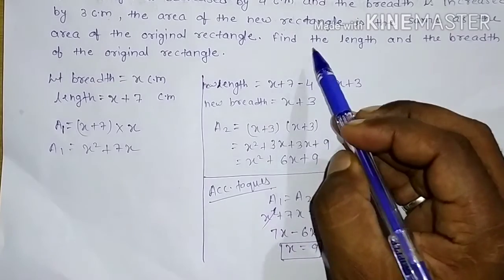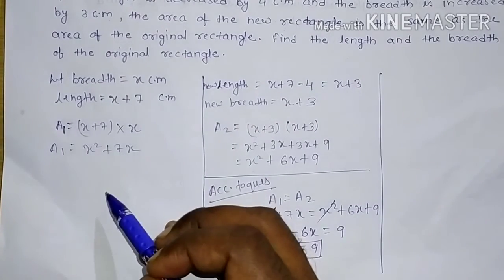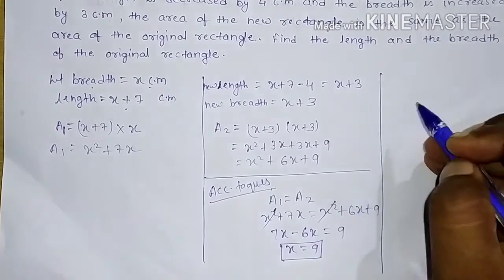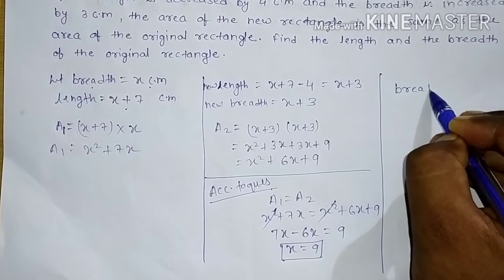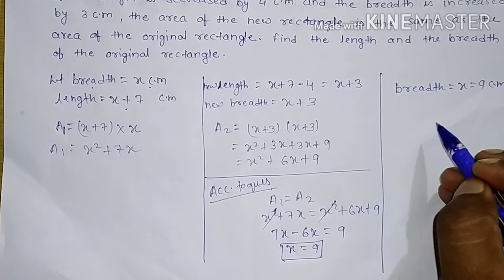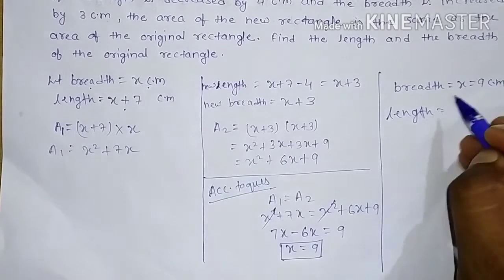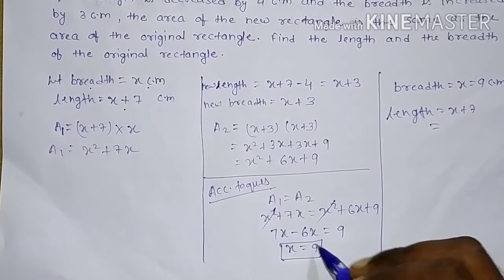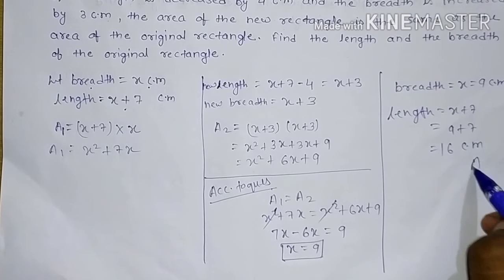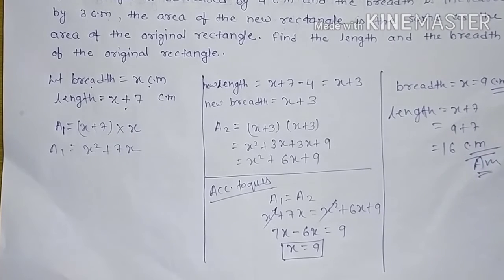And here we have to find the length and the breadth of the original rectangle. So the original rectangle length is x plus 7 and breadth is x centimeter, we know that. So put the value here. The breadth equals x, this equals 9 centimeter, and length equals x plus 7. So put the value here. X is 9, so 9 plus 7, that is 16 centimeter. So the answer is 16 and 9. So this is very simple. Now the next question,